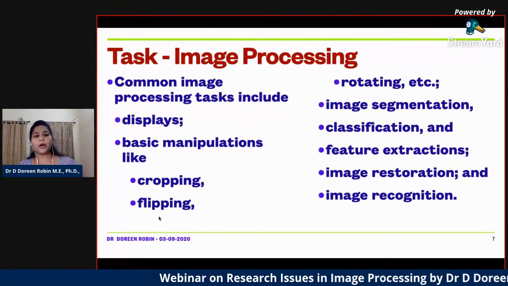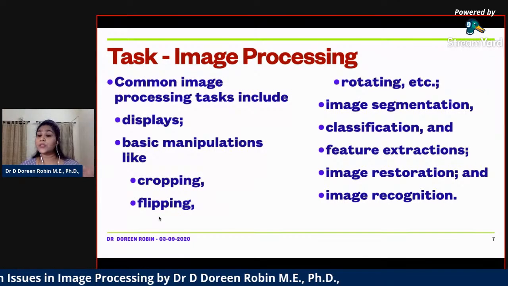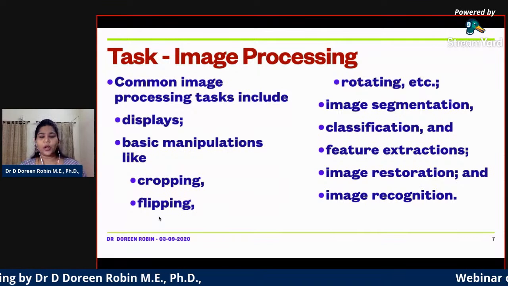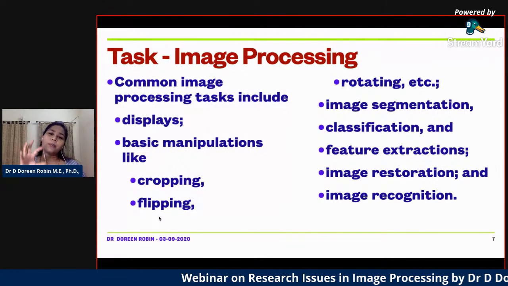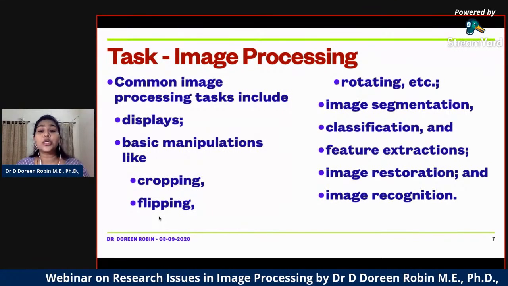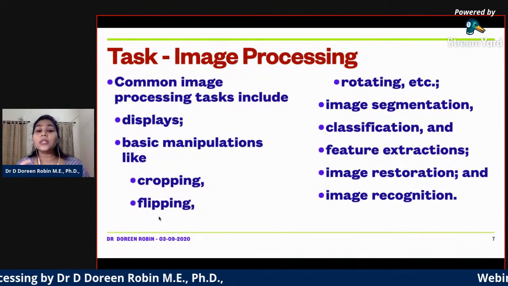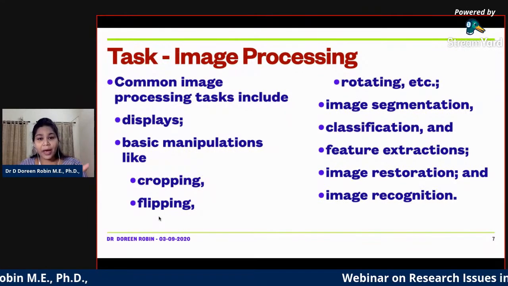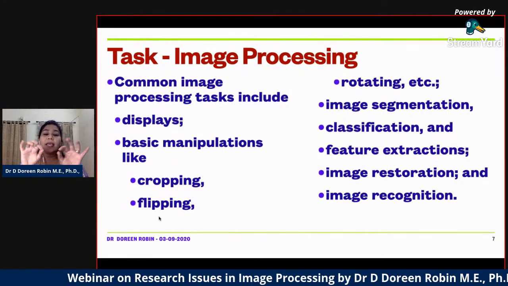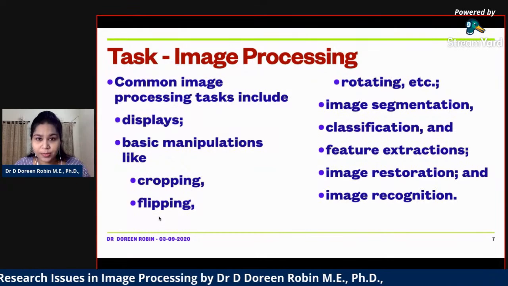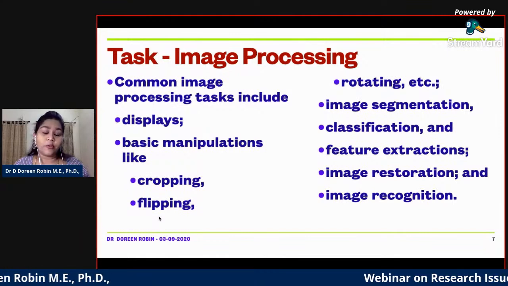Okay, what are the different common image processing tasks that we do? We display an image, we crop an image, we do all the cropping in your mobiles, we flip your image left to right, we can rotate images. Then I need to segment it. Say, for example, I'm going to work on my data set which has a tumor. It's a brain tumor, or it could be a cervical tumor, or whatever it is. When I feed my image into my algorithm, it needs to find the area where the tumor has affected, and I have to segment it and find out what level of disease it is.